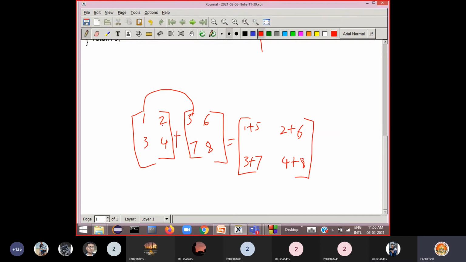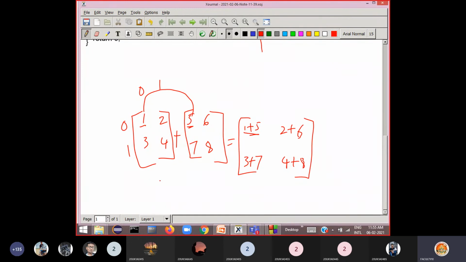This is the 0th row, first row, and this is the 0th column, first column. So the 0th element of the first matrix and the 0th element of the second matrix will both be added and stored in the third matrix's 0 position.